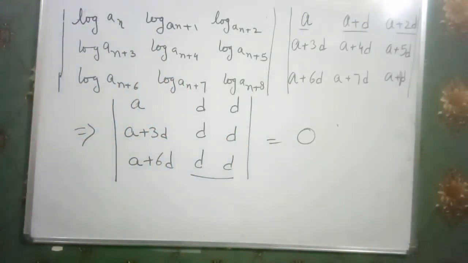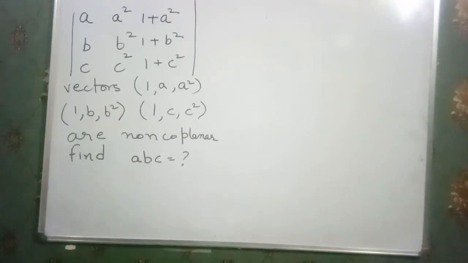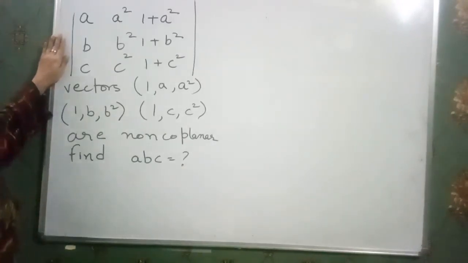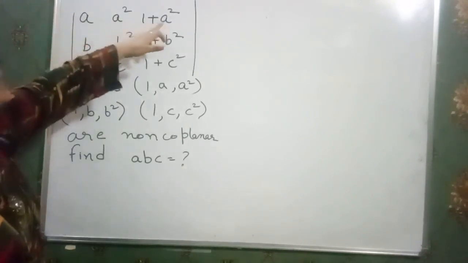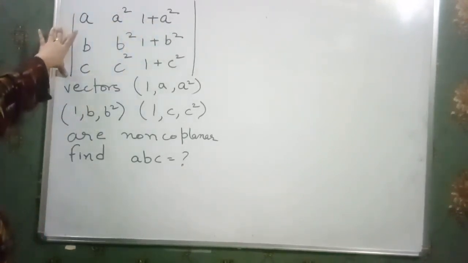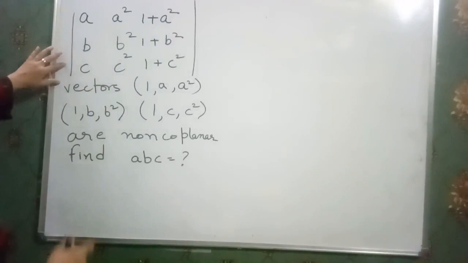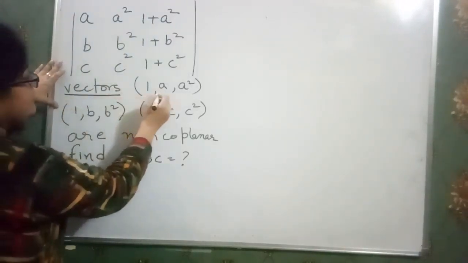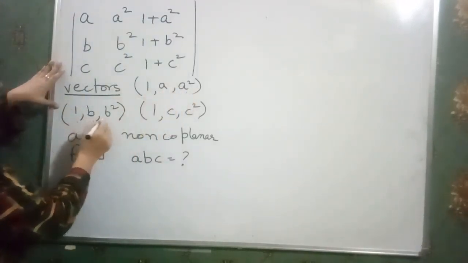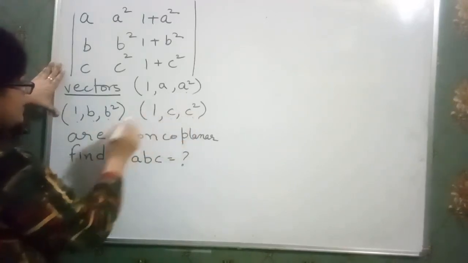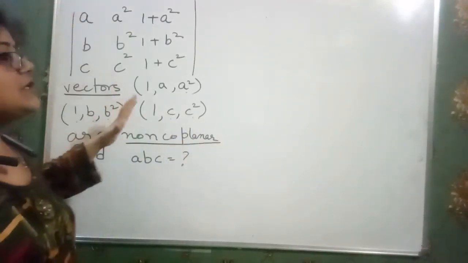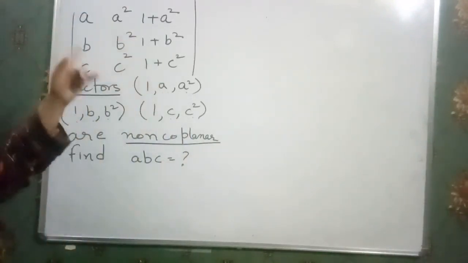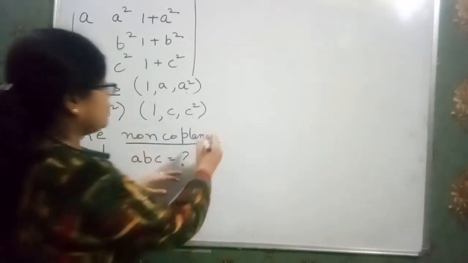There is another question of determinant in front of us. We have the determinant a square, 1 plus a square. In this way, this is the determinant. Now it is given that the vectors (1, a, a square), (1, b, b square), (1, c, c square) are non-coplanar. That means this is a question which comprises both vectors and the determinant. What do you mean by non-coplanar? Non-coplanar means